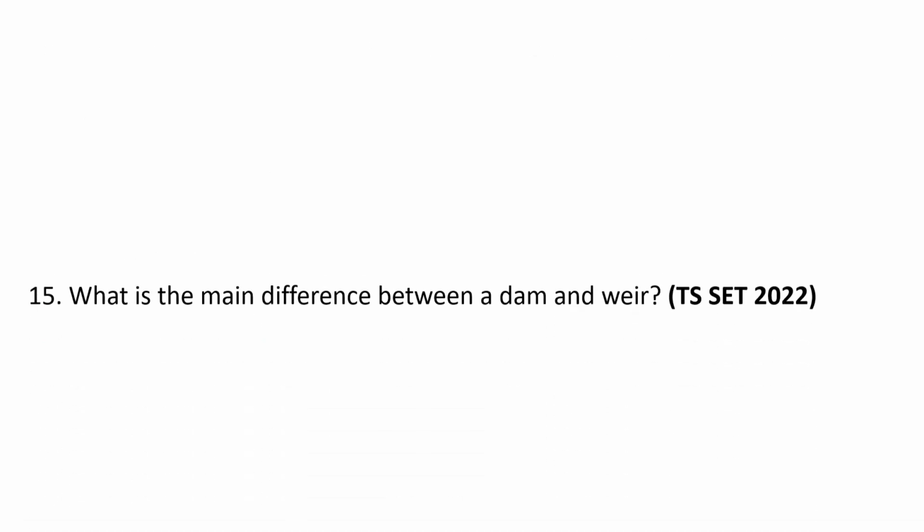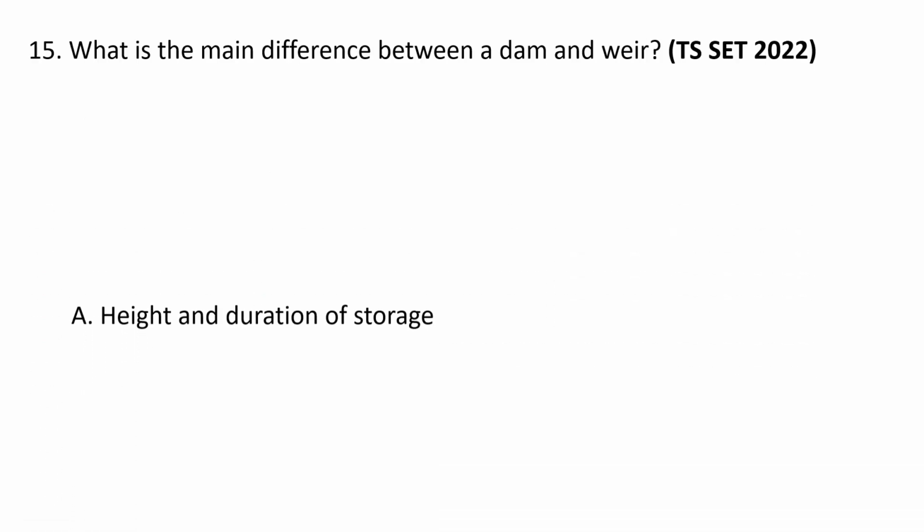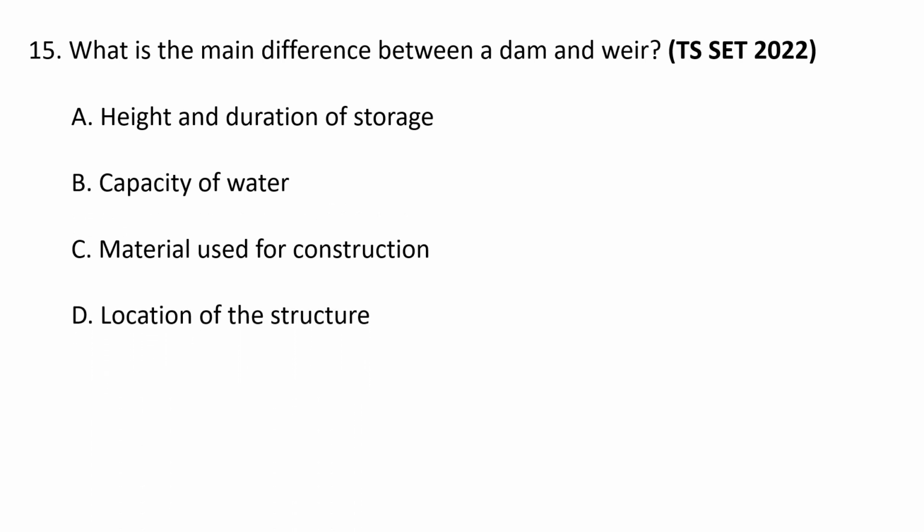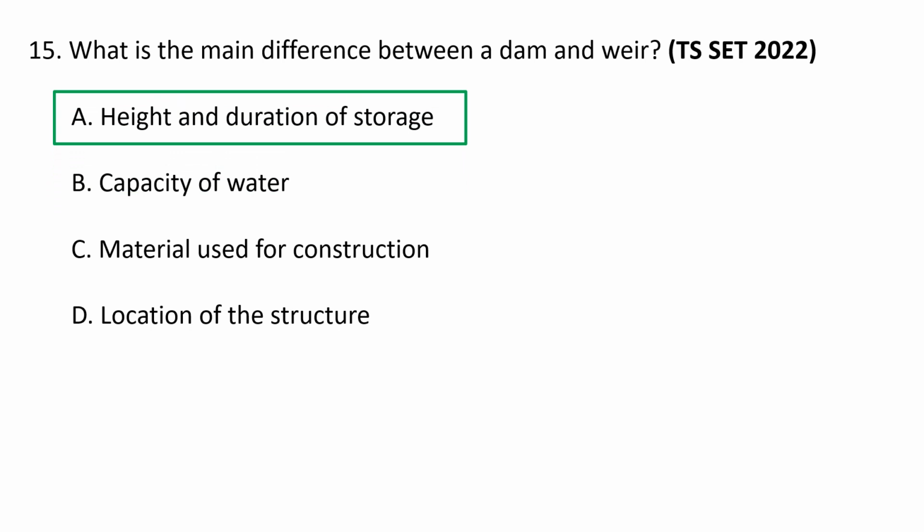Next question. What is the main difference between a dam and a weir? So choices are A, height and duration of storage, B, capacity of water, C, material used for construction, D, location of the structure. So the main difference between a dam and a weir is the height and duration of the storage. So the height and duration of the storage is an important characteristic feature between a dam and a weir,